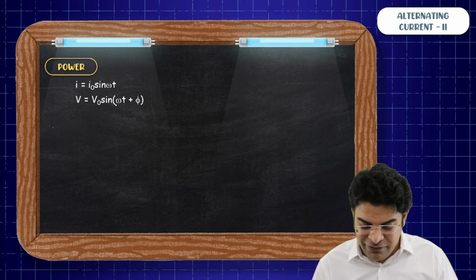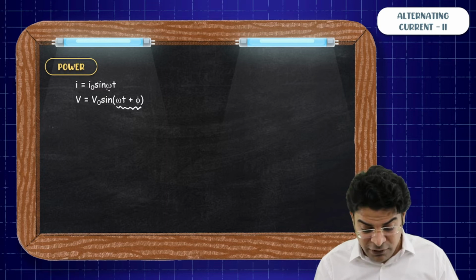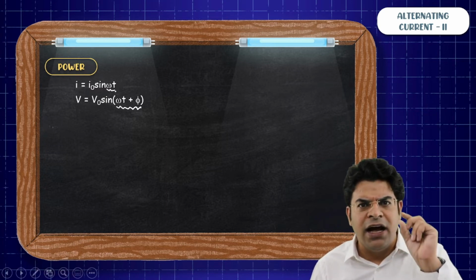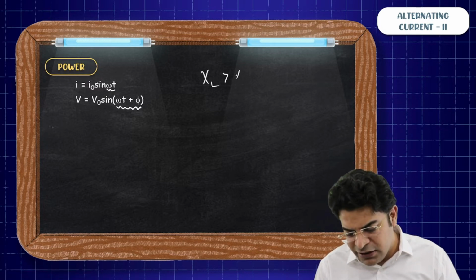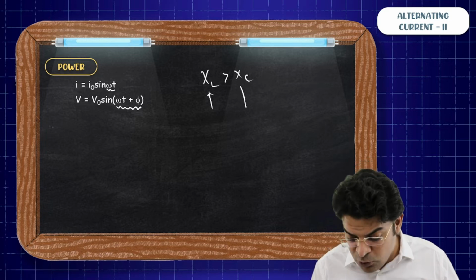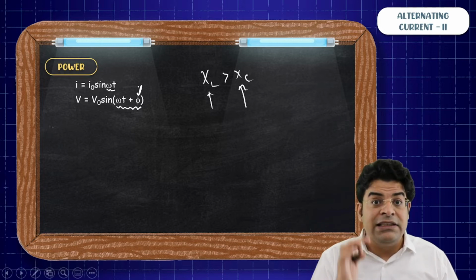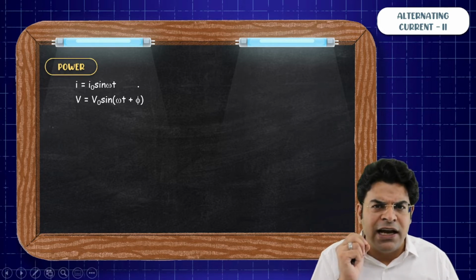Notice here I have written that the phase of potential is phi ahead of that of current, right? If I have said that the phase of potential is ahead of current, I am thinking in my mind that XL is greater than XC, because when inductive reactance is more than capacitive reactance, then only the potential leads in phase. Now, if you need to find the power dissipated in the circuit at any instant,